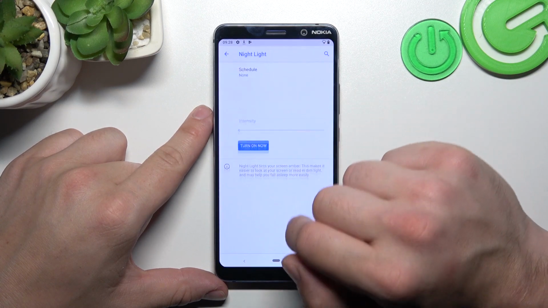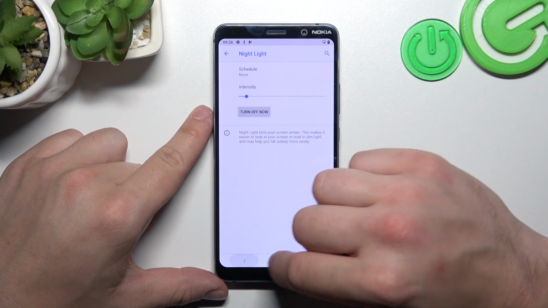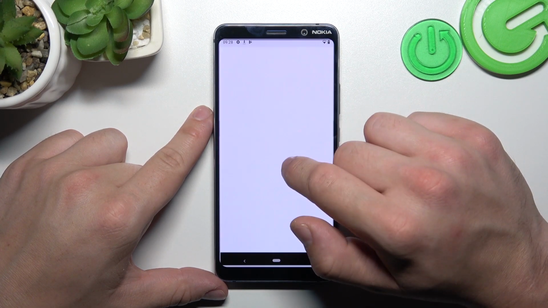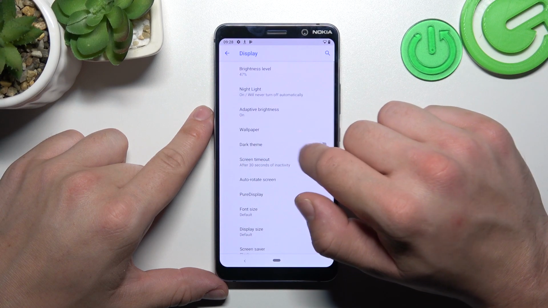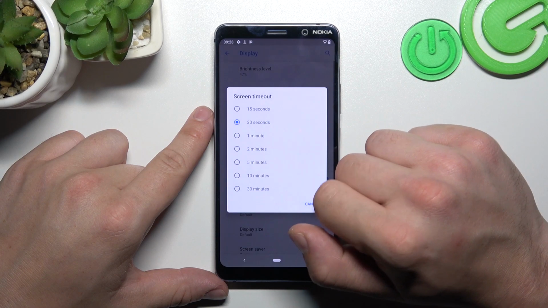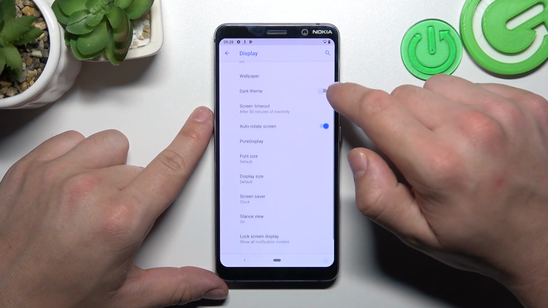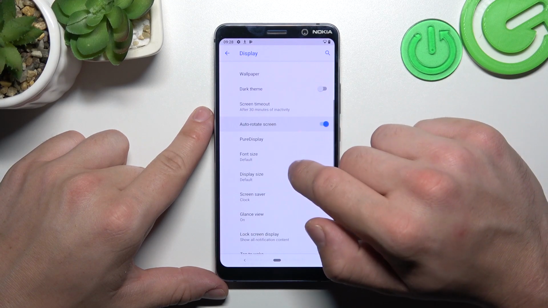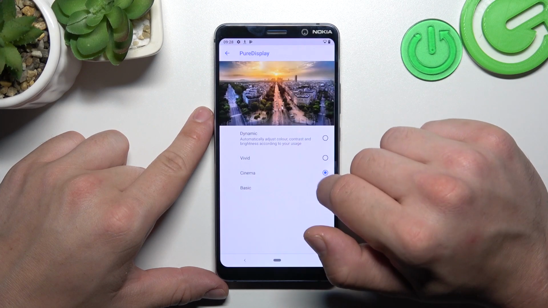Next, we can enable or disable night light and change its intensity. Then we can change wallpaper, enable or disable dark theme, change screen timeout between 15 seconds and 30 minutes, enable or disable auto rotate screen, manage pure display mode,